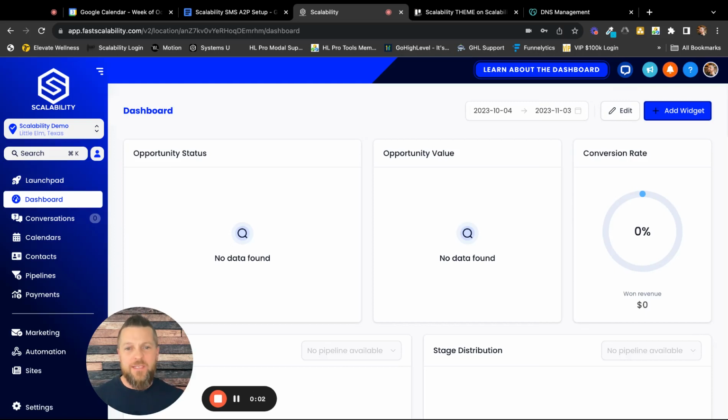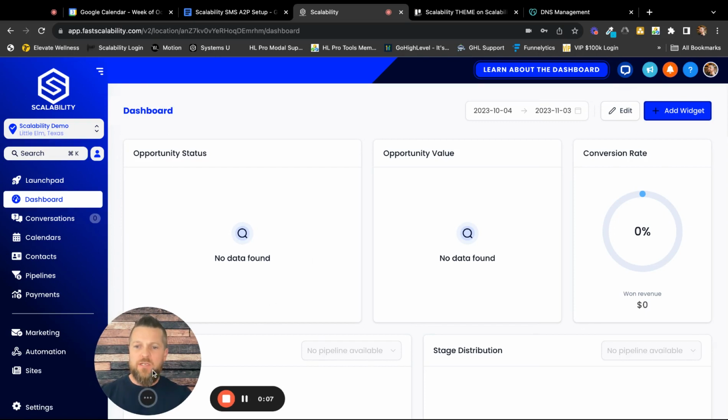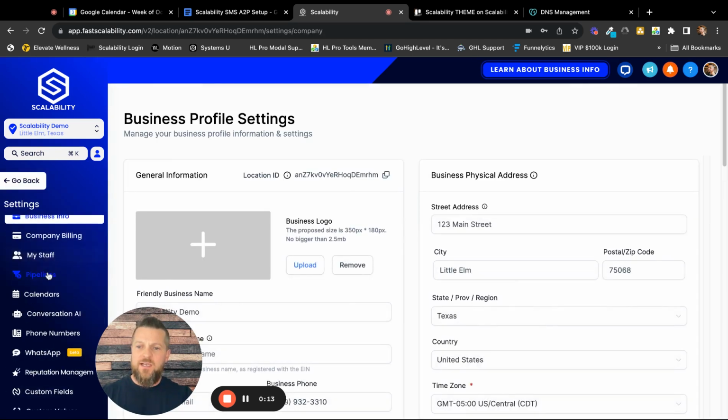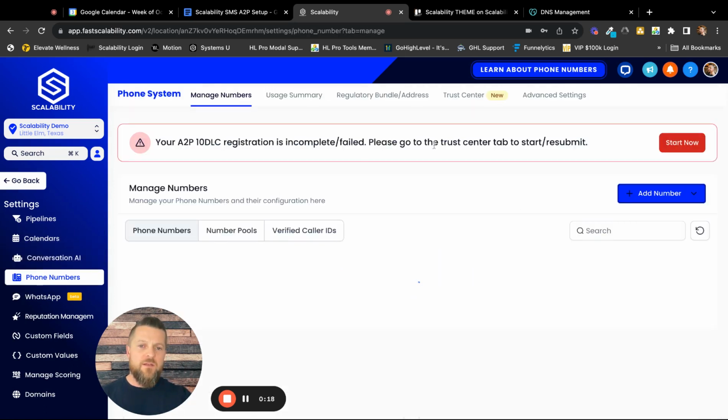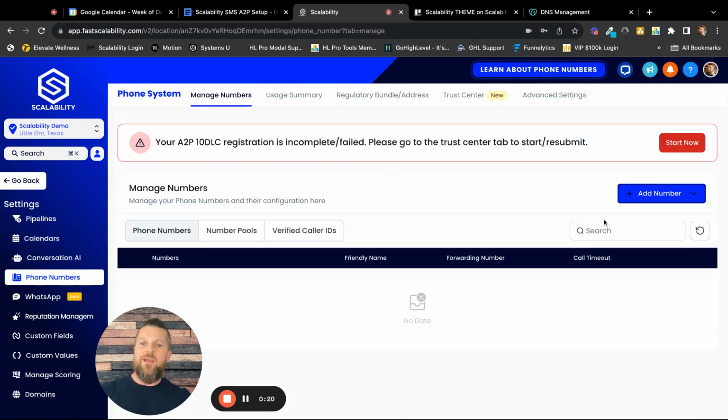In this one, I'm going to show you how to get a phone number and then get the A2P registration going. So once you log into your Scalability account, here on the left side, if you scroll all the way to the bottom left corner, settings, when you click on this in the side menu, you'll see phone numbers. Click on phone numbers, and then here it'll bring you where you can actually choose your number and start your